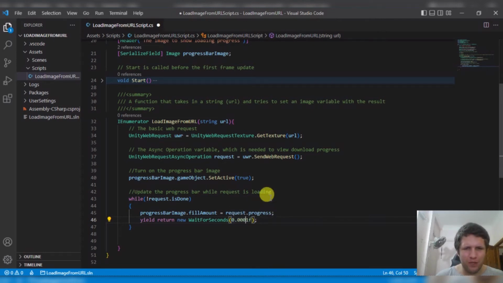1/1000th of a second, I believe. Or you can do wait for end of frame, which will do the next frame. A frame is like when you're playing a video game and you have 60 FPS. This is frames per second. That means you see 60 images in 1 second. And it varies from computer to computer, but we don't need any of that fancy stuff. We'll just return null. Now, if we get here, that means that the image has finished loading, whether it's in